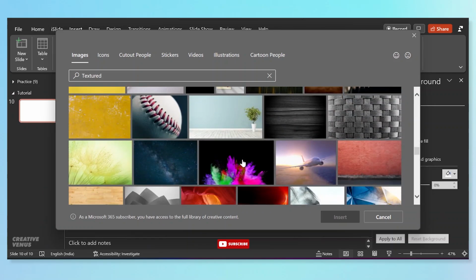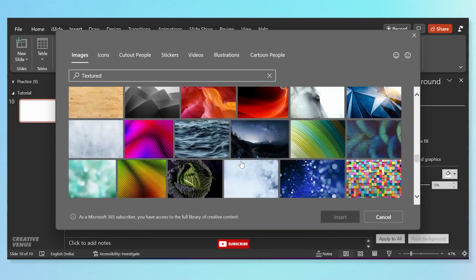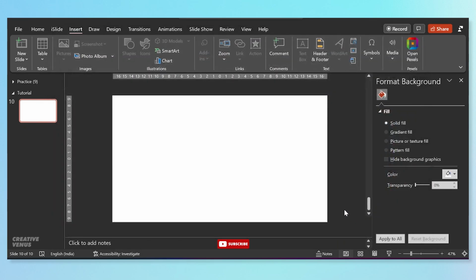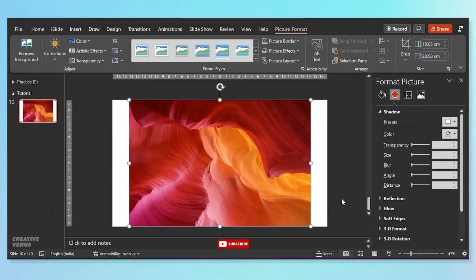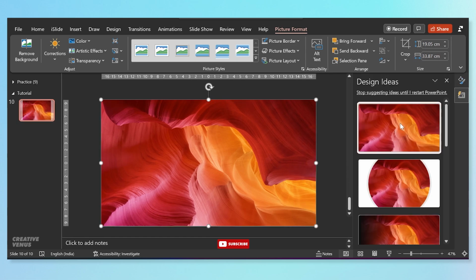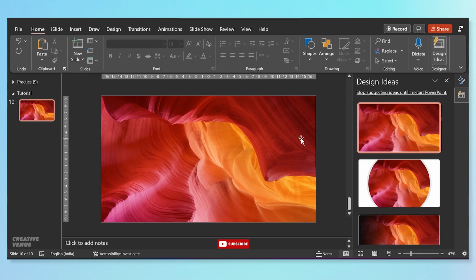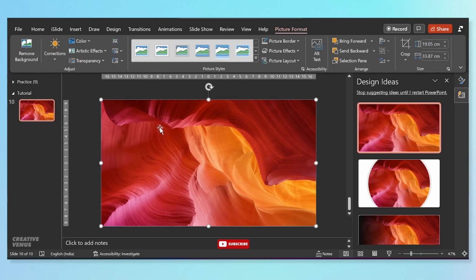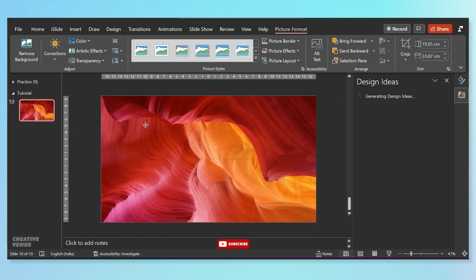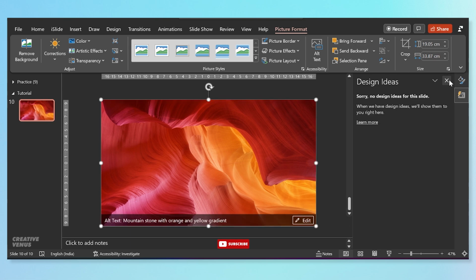So let's find something interesting that can serve as a very nice background. I think this looks amazing. So just click on add or insert, and here on the right panel you will see these design ideas. Just click on the first idea and it will make it expand throughout the slide and it will fit perfectly. Just duplicate this image